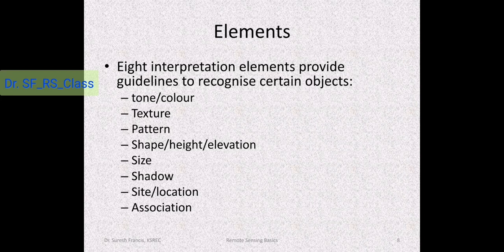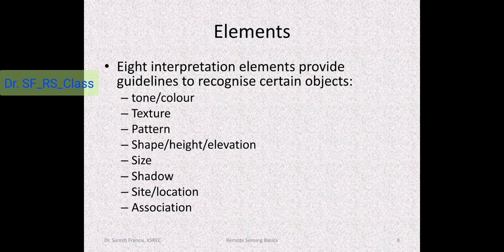And pattern is another feature that will help us interpret the satellite data. In the case of a paddy field, it will have a particular pattern. In the case of a plantation, it will have a particular pattern. In the case of a hilly terrain road, it will have a particular pattern. Zigzag roads will be in the hilly terrain. So such kinds of patterns will help us to identify the terrain, the characteristics of the surface objects, and all these things.